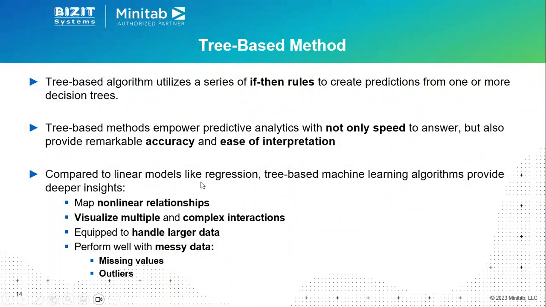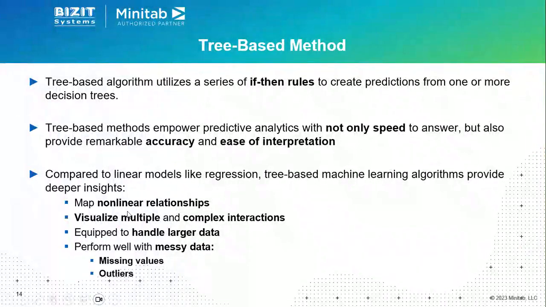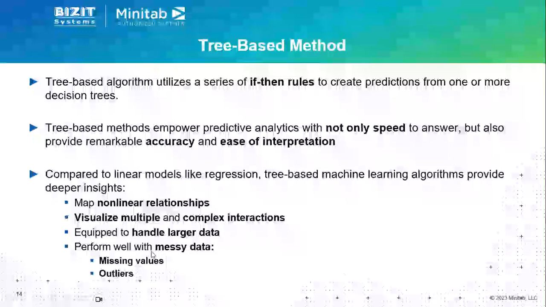Compared to linear models like regression, tree-based machine learning algorithms provide deeper insight. Maybe you can map non-linear relationships, have visualization, or handle complex interactions between predictors. You can handle larger data sets, and tree-based will perform better if you have missing